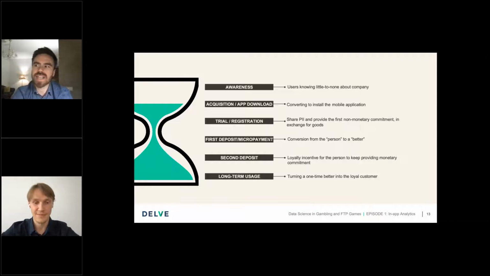Later, there are the second payments, next micropayments, and this is where loyalty starts to plug in. Finally, we hope that after the positive experience of the second and next deposits, they will become long-term users and ideally delete all other competing apps from their devices.